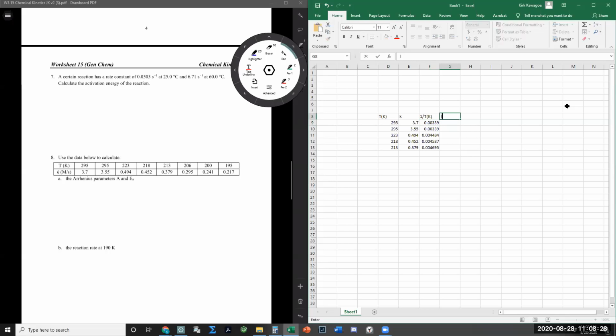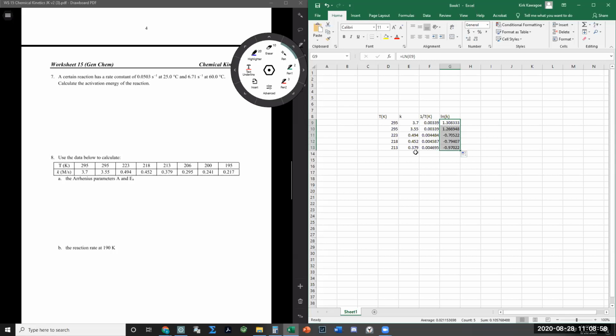Then I want natural log of K. Now you don't have to type these column headers, is what they're called, but I do it just because it helps me keep organized what my equation is going to have to be. So then I go equals, and that's natural log. If you want base 10 log, you use log, I believe, but I never use it, so I'm not entirely sure. I'm going to click on that guy because that's the cell I want the log of, and I hit enter like that. And then I'm going to drag this down,